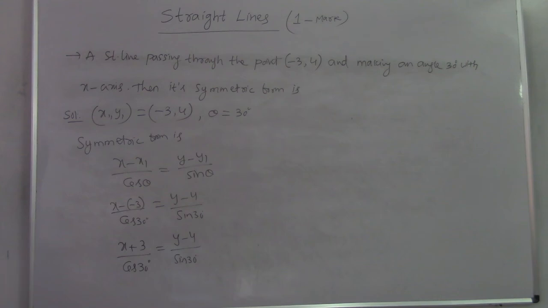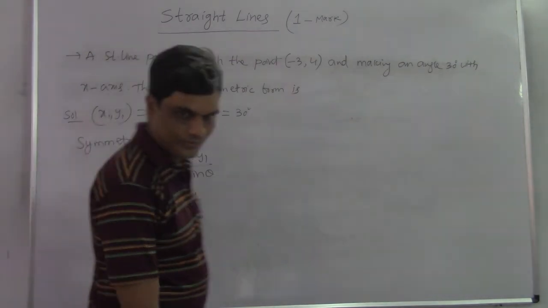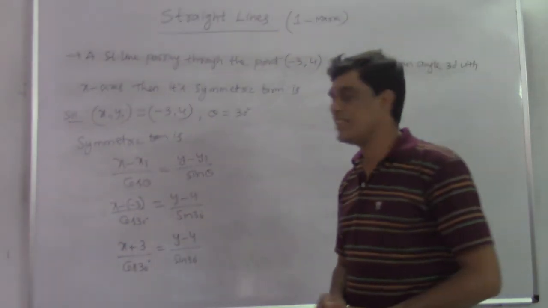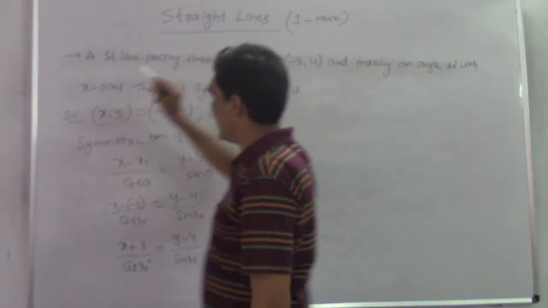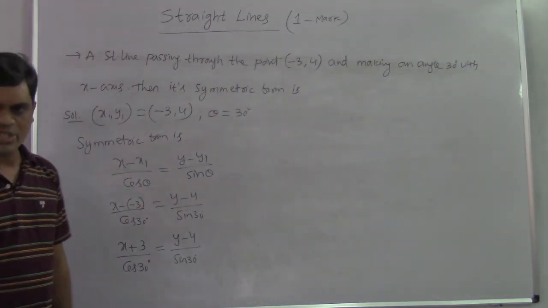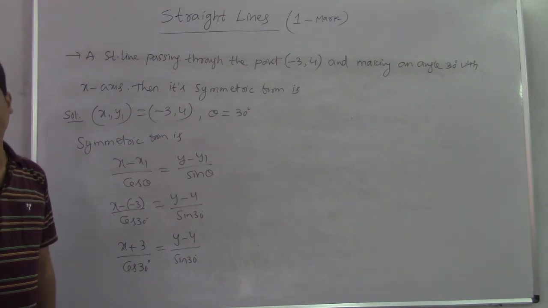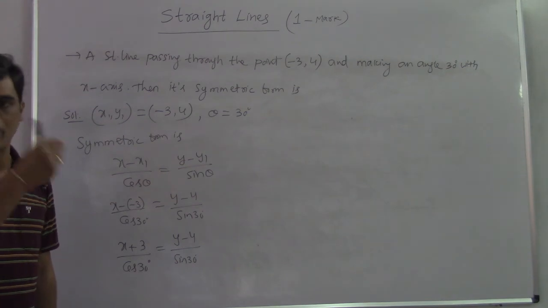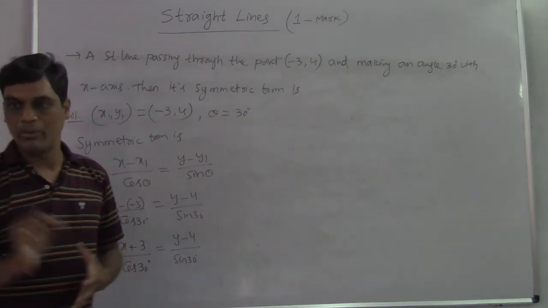A student asks: sir, why is the question always giving angle theta with x-axis only, not y-axis? That also you have to tell me, okay? One student has asked. Good question. Why always in the question will they give angle making with x-axis only? Why not with y-axis? Anyone knows? If you observe in the textbook also they will give that one only. Making an angle theta with x-axis only. Sometimes they will give positive x-axis, sometimes negative x-axis, no problem. But with x-axis only.